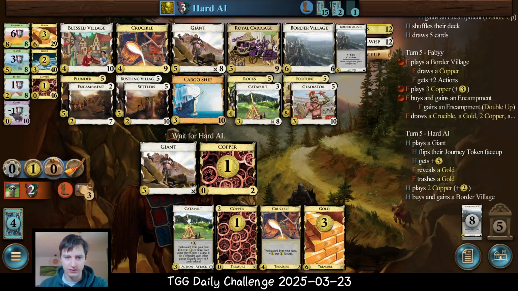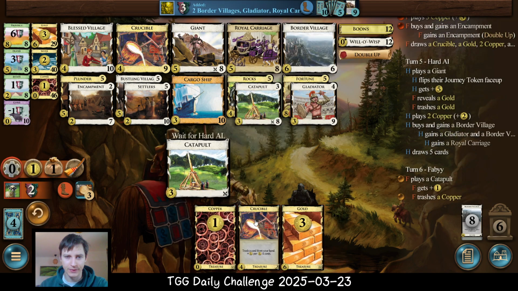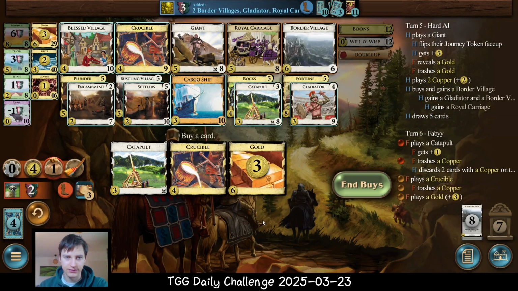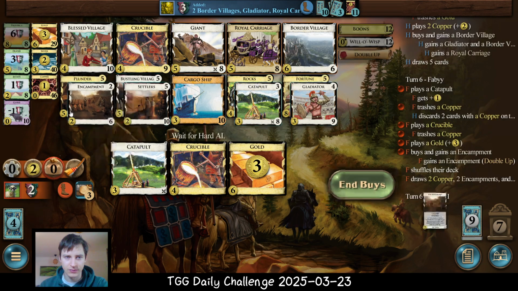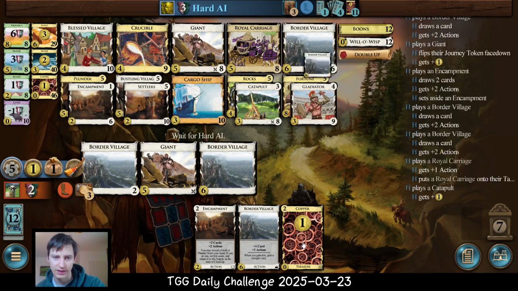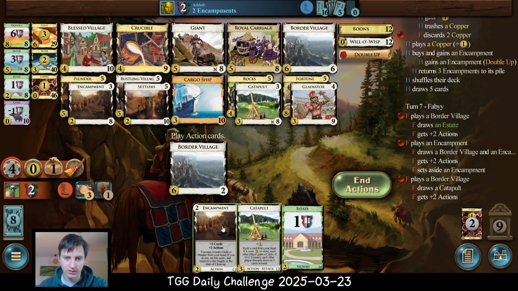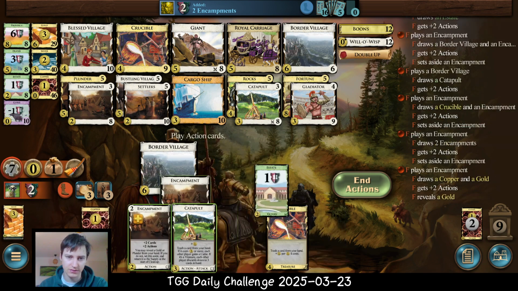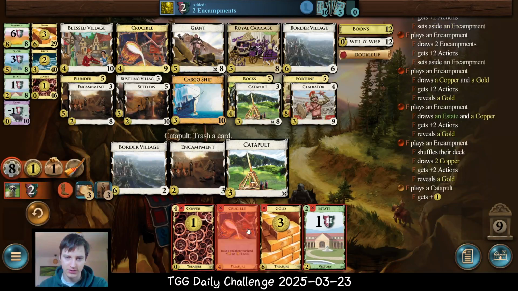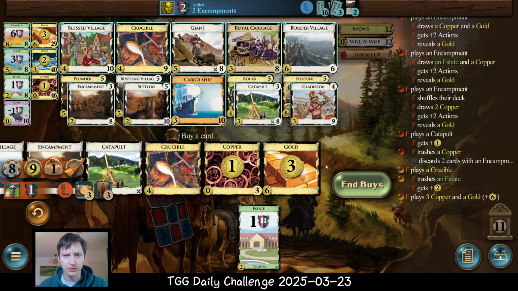Hammer in some encampments, get one of our golds trashed, but do get trashed 2 coppers here. Yeah, I think this is already going quite alright, although just having 1 gold is a bit scary. But yeah, let's try to just focus on trashing down. This is the most important. We didn't get clean last game, and that was my major setback. Yeah, just hammer in encampments, trash 2 cards here, attack AI while we were doing that, and now